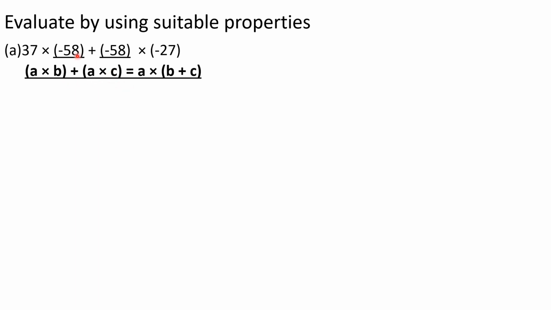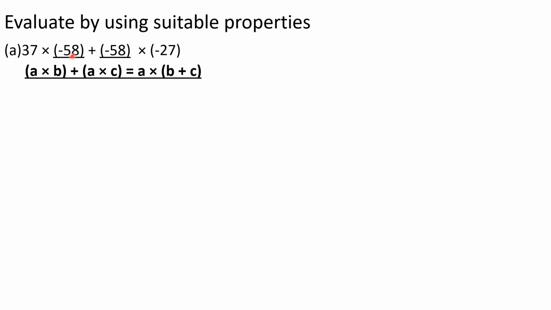First you have to identify which side is given, whether the left hand side is given or the right hand side is given. According to that form, you have to write this property. You are able to see here it is A into B plus A into C. So this is equal to, now I'll write the left hand side of the property, that is A into (B plus C). This form is given, my answer will be A into (B plus C).